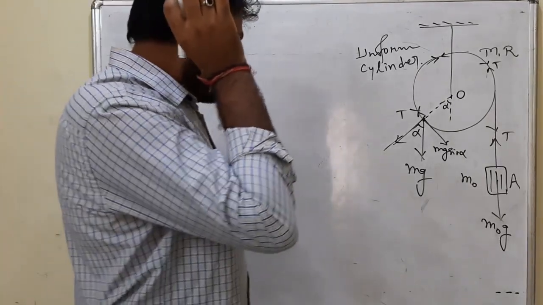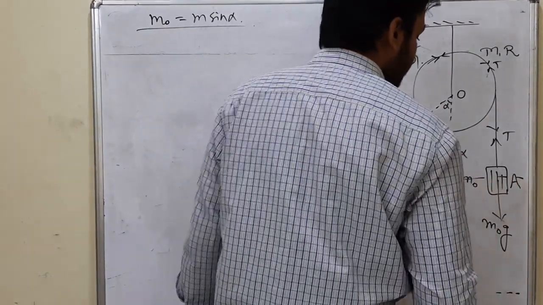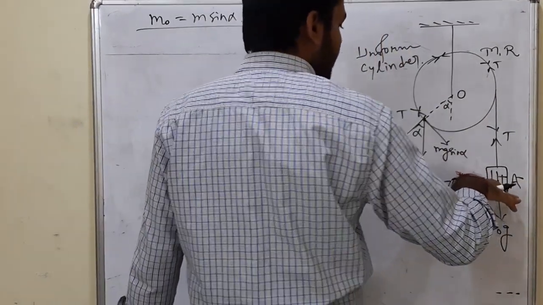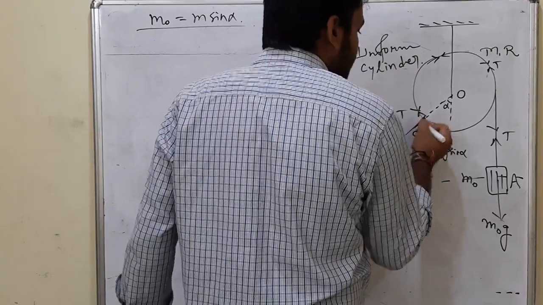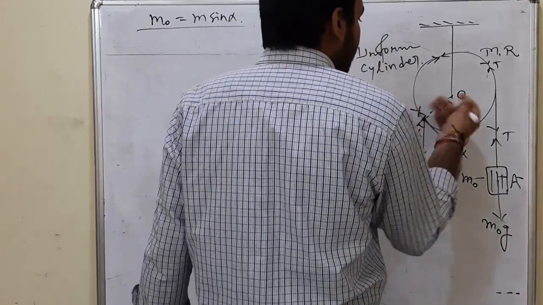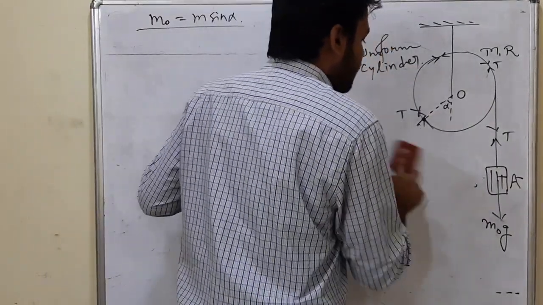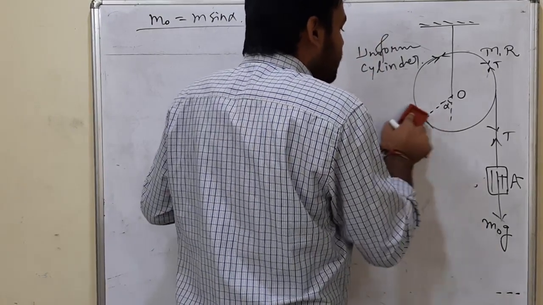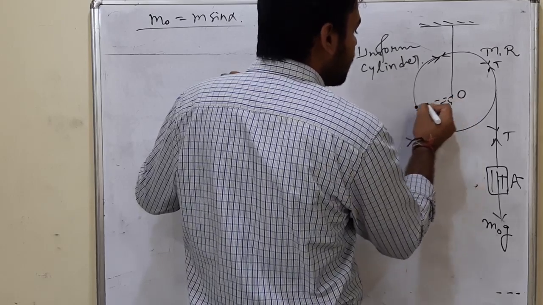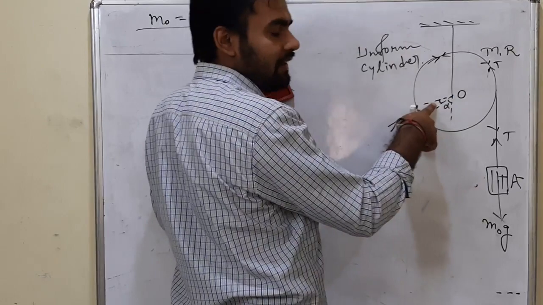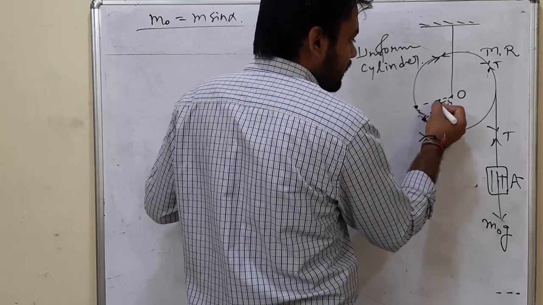Now I will displace the system from this mean position. Let's say I have depressed this block A by a very small distance, so that this point mass will also go up along the periphery by some small angle. Let that angle be theta. So again I will redraw the diagram in the disturbed position. Initially it was here, now the point mass will go somewhere upper. Mind that this angle is very small. It may look large in the figure, but it is in fact a very small angle. So this angle is, let's say, theta.